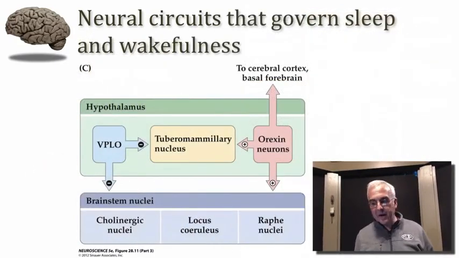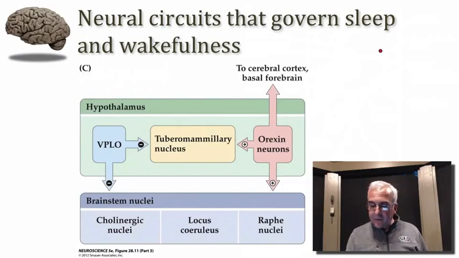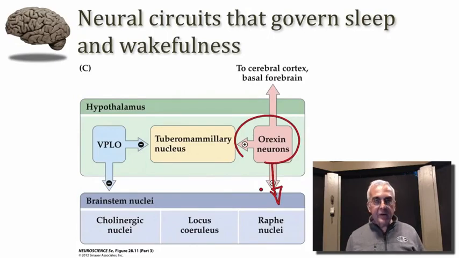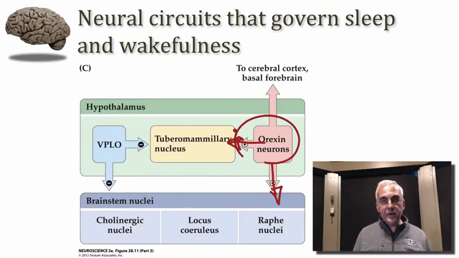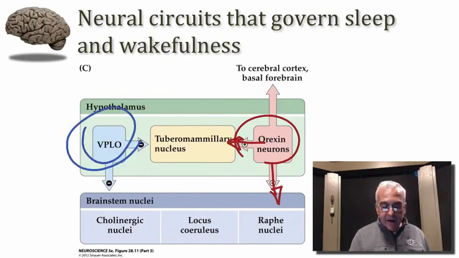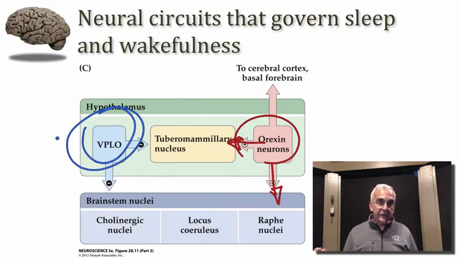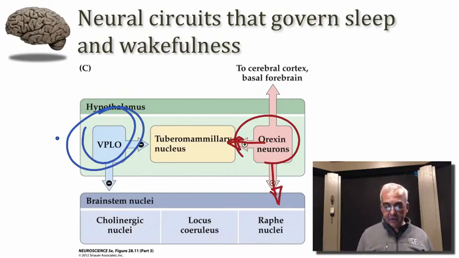So schematically then, here's what this might look like. So here's our orexin neurons that are sending excitatory signals, activating our brainstem reticular formation neurons that are supporting wakefulness, as well as sending projections to the posterior hypothalamus where they're activating those histaminergic projections from the tuberomammillary nucleus supporting the wakeful state. Now, these circuits are being antagonized by this anterior part of the hypothalamus, this ventrolateral preoptic nucleus,